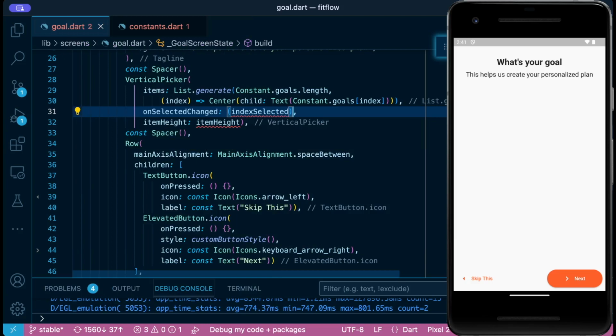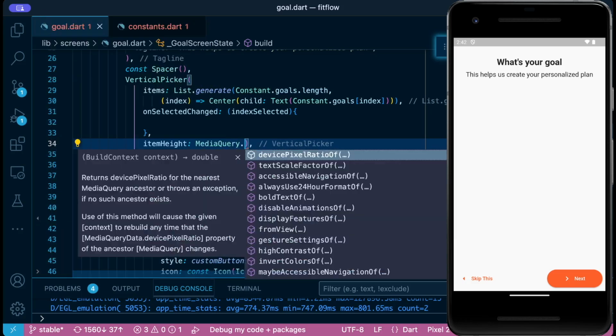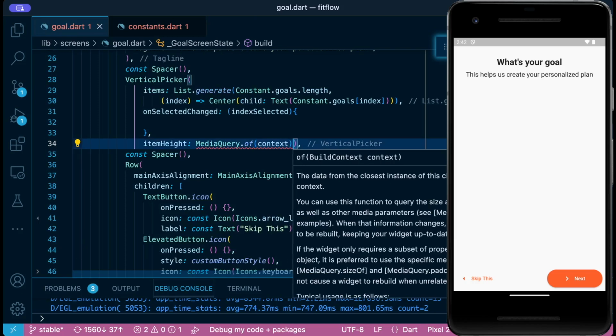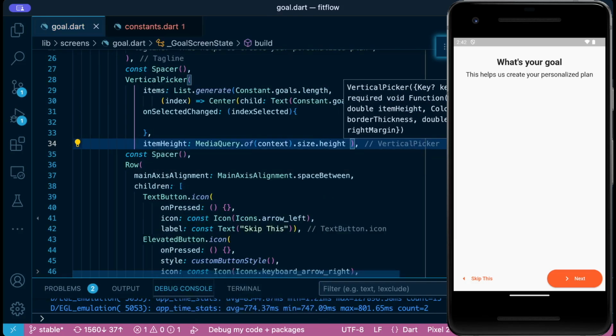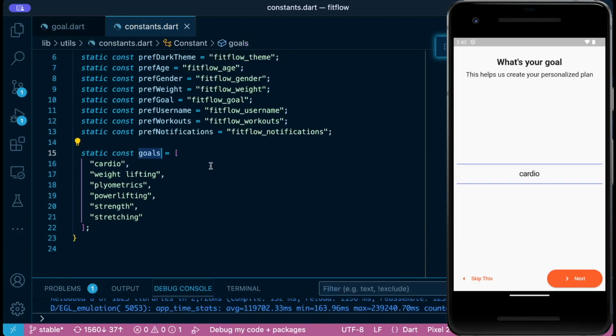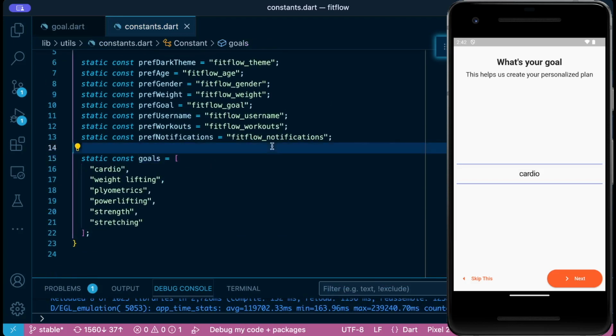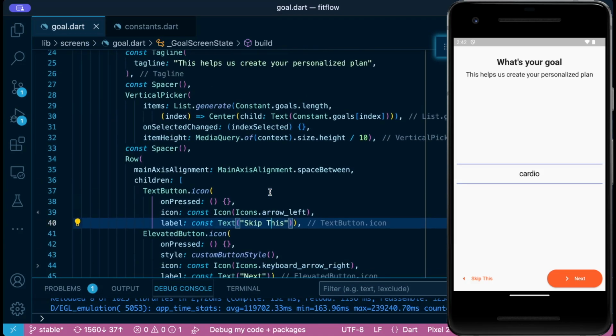returns an index, and then for item height, we can set it to the size of the screen divided by 10. We have an error here. Let's see. Okay, we don't. You can already see our goals. Let me finish up. So we have our items,